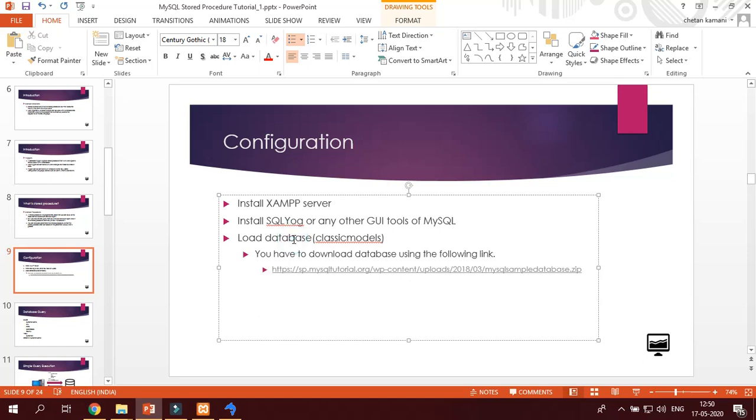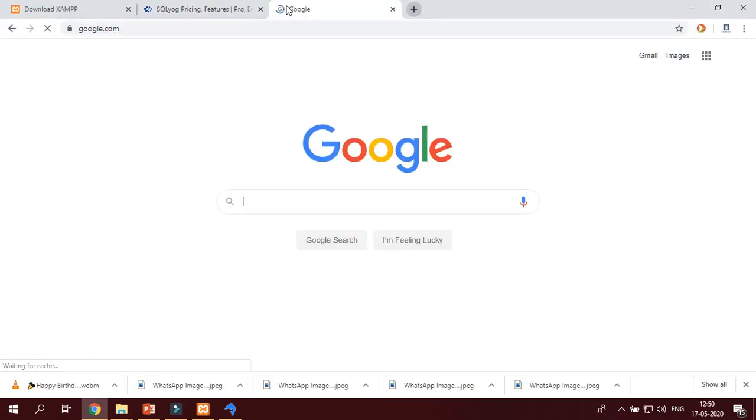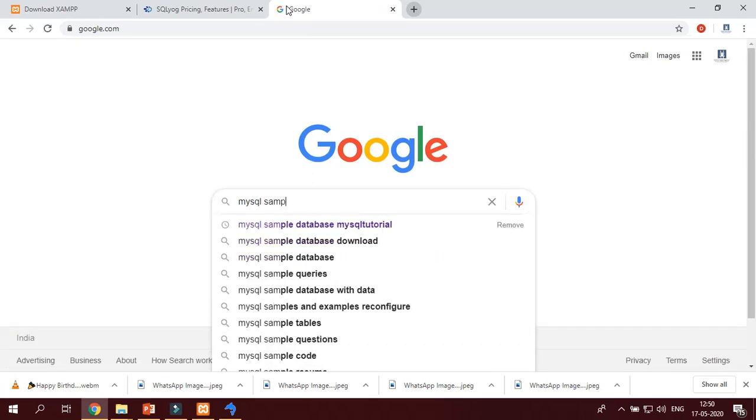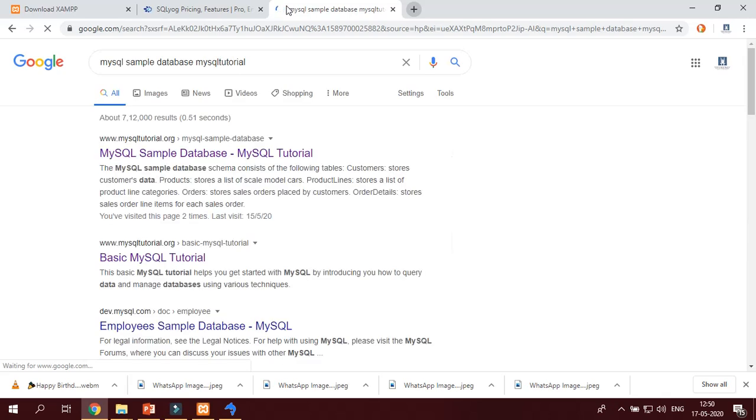Now we have to download a sample database, because whatever practical I do, I will use this sample database. So you have to download it. I am going to show you from where. Go to Google, type MySQL sample database, MySQL tutorial. Click on this link, mysqltutorial.org, MySQL sample database.